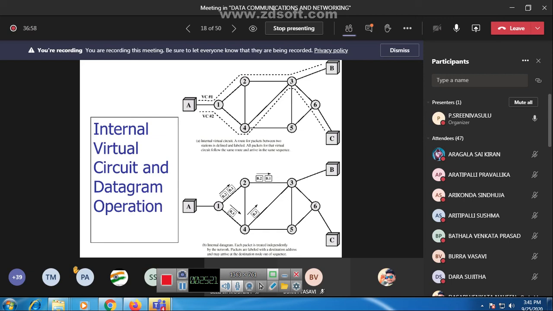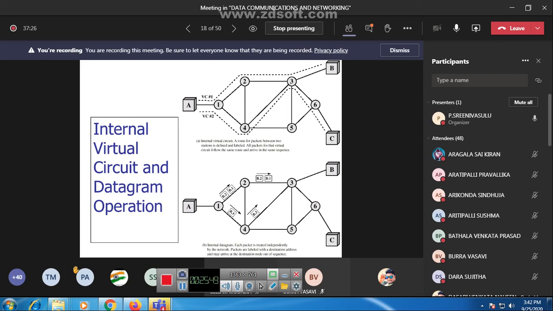It has some characteristics: it pre-plans the route, establishing it before any packets are sent, and it establishes a handshake signal. That means call request and call accept establish the connection from one system to another system.